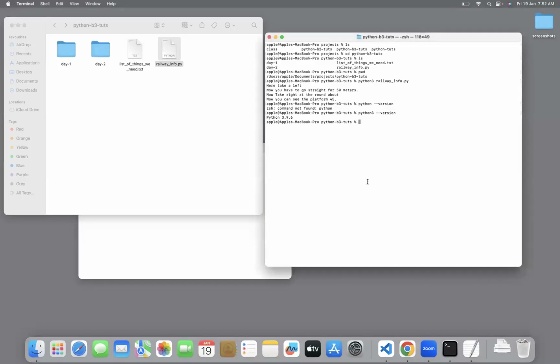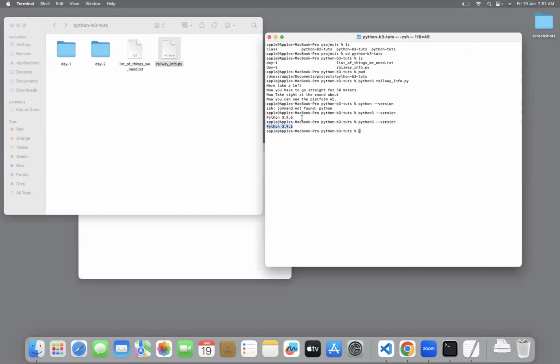Let me share my screen, if you want to see that. If you run it in the command prompt, you could see something like this.